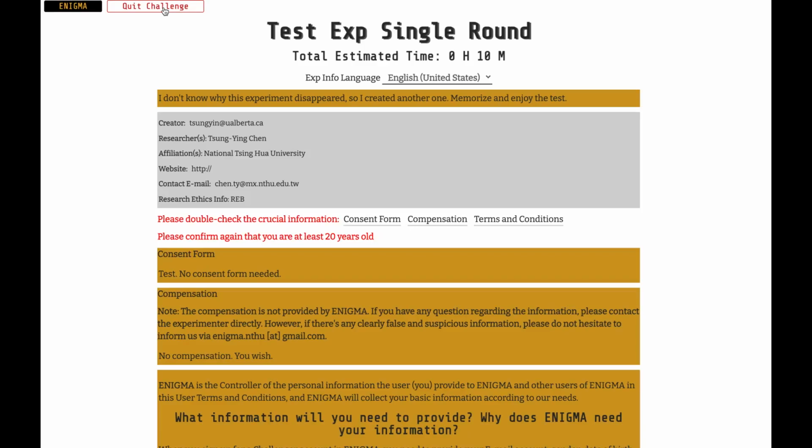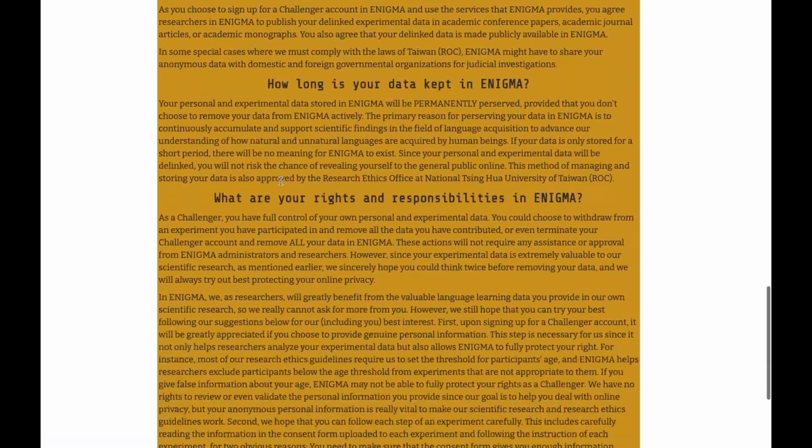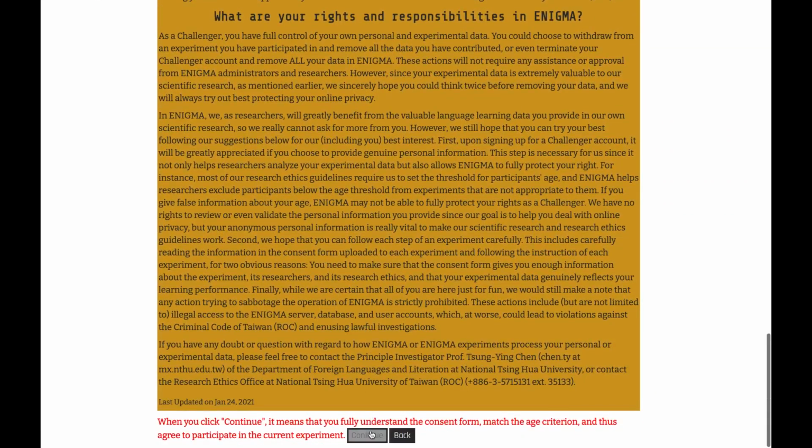Now that you're fully aware of everything on the very first bit of participating in the challenge, just click on the Continue button to move on. On the next page, you will see a prompt to remind you to put on your headphone or earphone, if you have one. For challenges that do not involve any sound or video files, putting on your headphone or earphone will still help you concentrate on the challenge itself, which matters for language learning research.